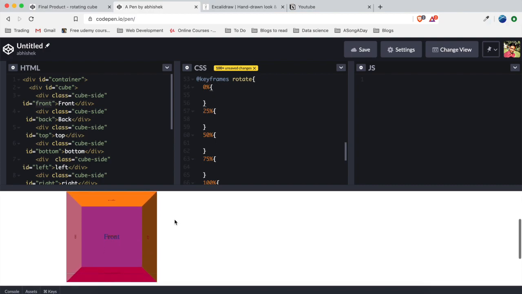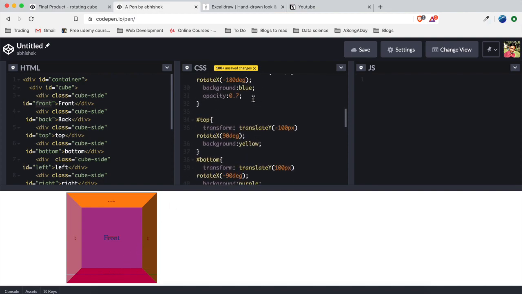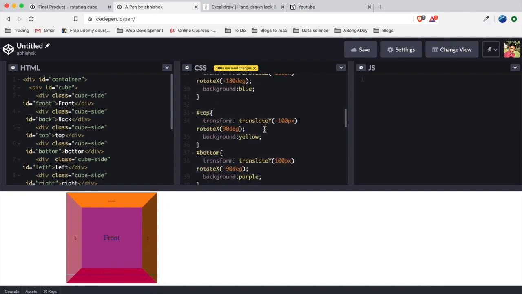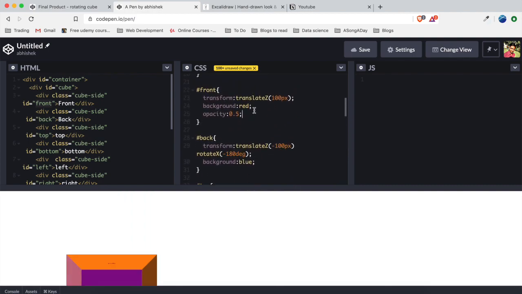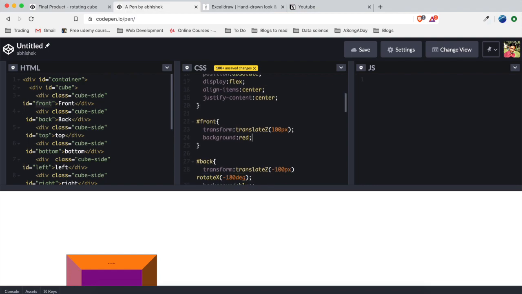So for the 0 second, one thing that I would also like to do is remove the opacity here, so that we can see the front screen right now. What I'll do is I'll remove the opacity here. Yeah, here also.